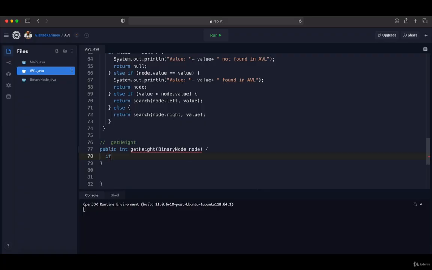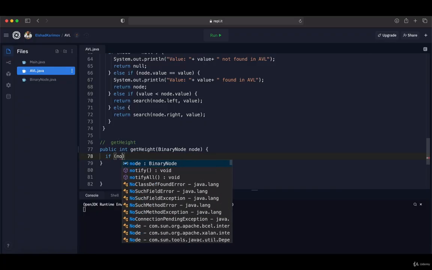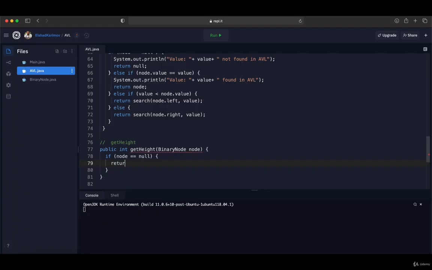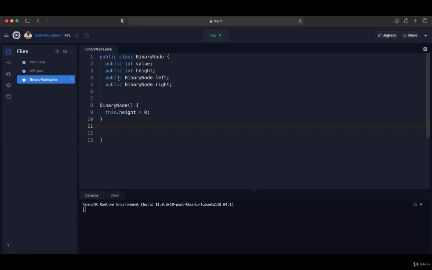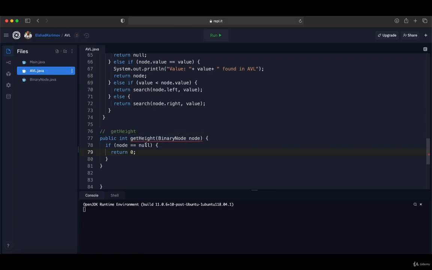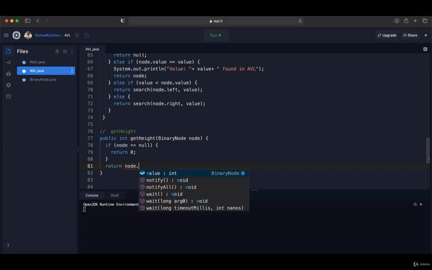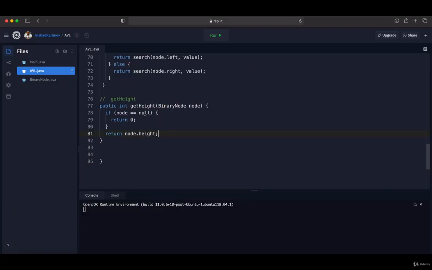So in this case it's going to be like this: if node is equal to null, in this case we are going to return 0. Otherwise we are going to return the height of the binary node. As you remember, in the binary node class we have declared a property of height. So I'm just going to return this property from the binary node class. This means that after the if condition we are going to put it like this: return node.height. Now with this we have successfully created our first method, which is responsible for getting the height of a node from the binary